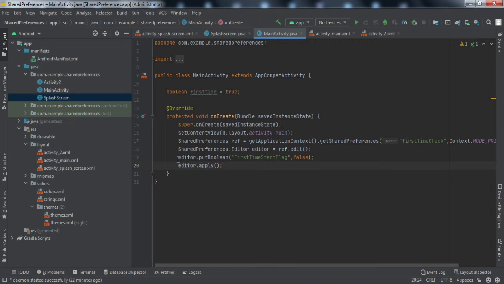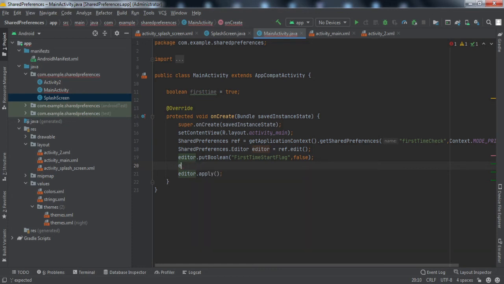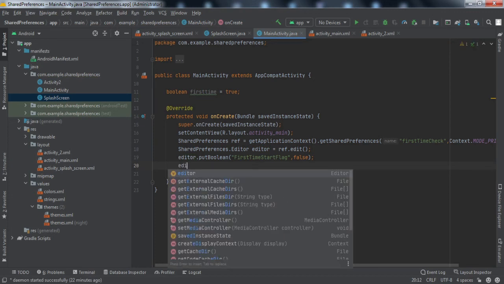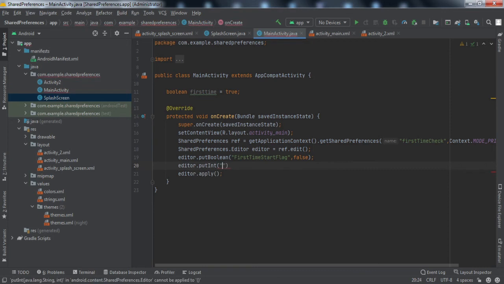So we have called editor.putBoolean and set it to this. If we want to update any other type, editor.putInt, putFloat, putLong, putString are there. So depending on the data you want to put, you can do that. If you want to put multiple data, you can simply do this: editor.putInt("abc", 1), right?